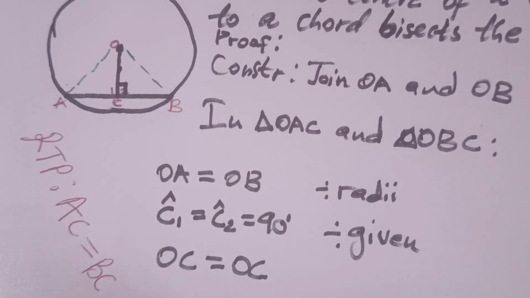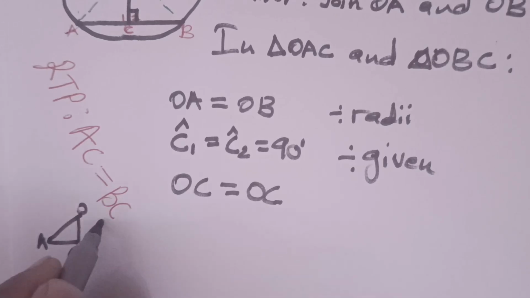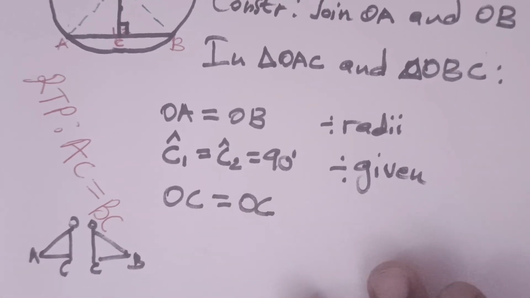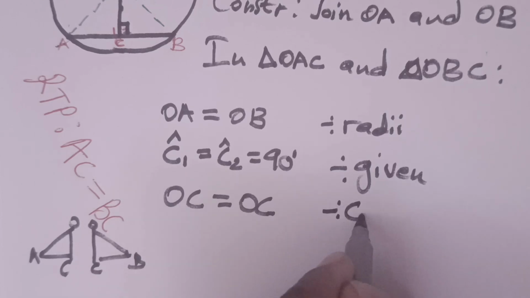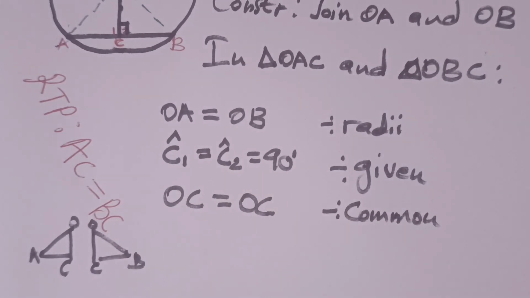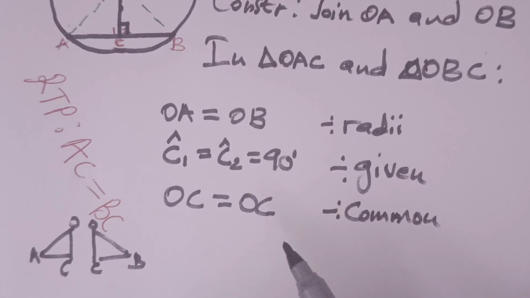So OC is equal to OC. And the reason for that is, ladies and gentlemen, it is common. It is common. By means of these three truths that we have found right now, ladies and gentlemen,